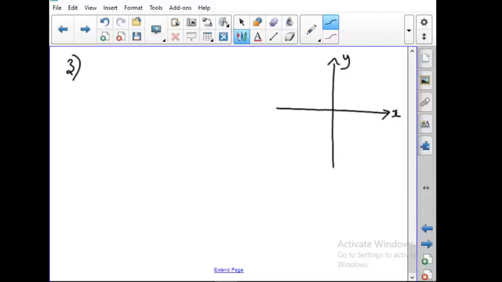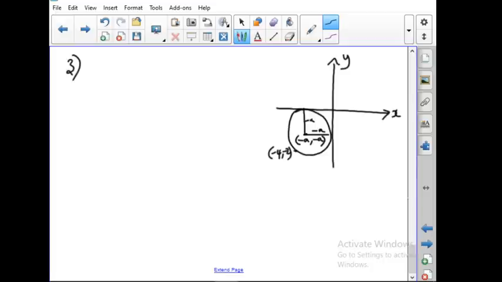If it passes through (-4, -2), that point must be in the third quadrant. So let us make a circle touching both the axes, and let us take this point as (-4, -2). It passes through this point, and this will be the center. Let us take this as minus a and this also as minus a. So what will be the center? Minus a comma minus a. And what is the radius? Radius is nothing but a.